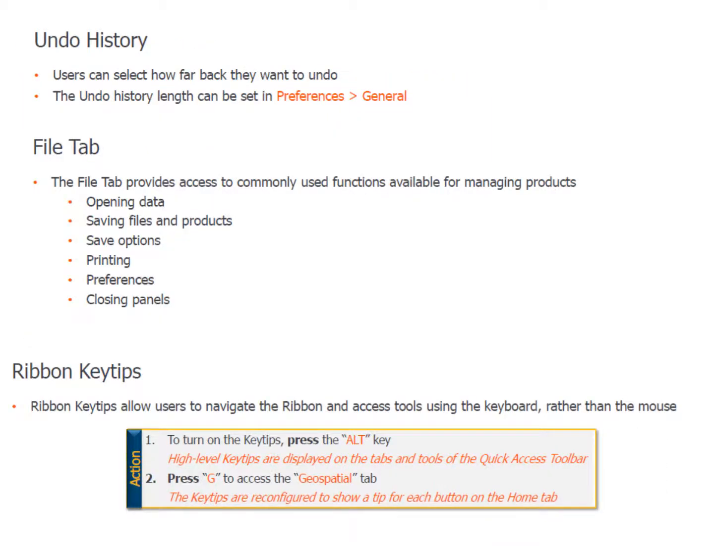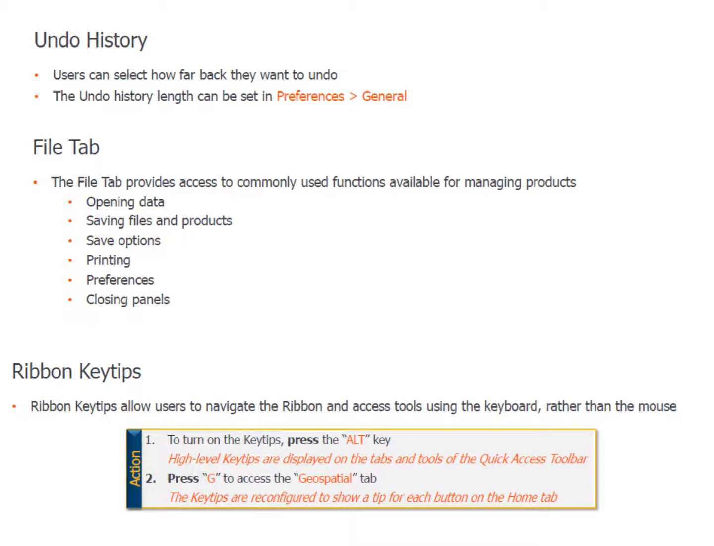We also have a pretty robust undo history. And so you can go back as far as you want with the undo. Now, if you don't want to keep that much information, you can go into preferences under the general sections and set this up to not keep as many options, but it's nice to know that you can have that. Same way with the File tab, you can do a lot of really common functions like opening, saving, data, the various options about how you save, printing, preferences, and closing up panels can all be accomplished from the